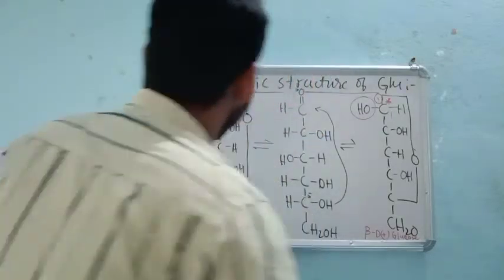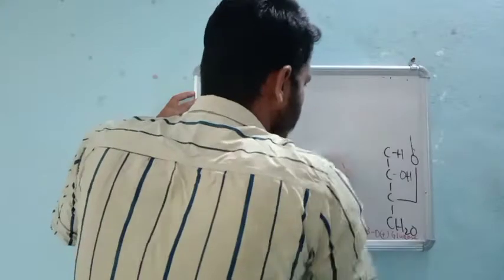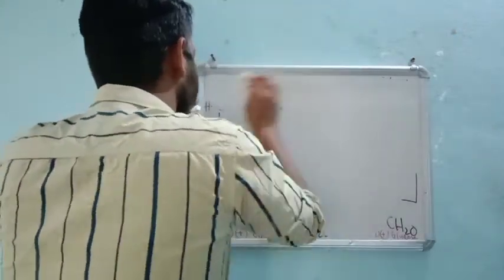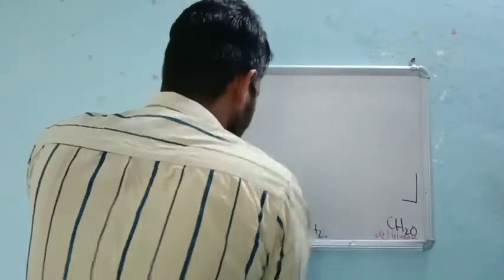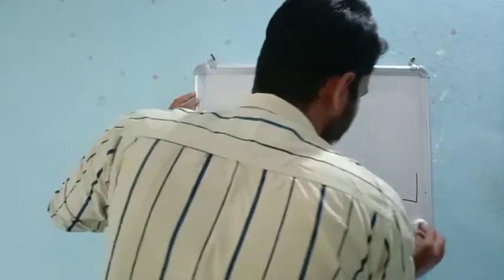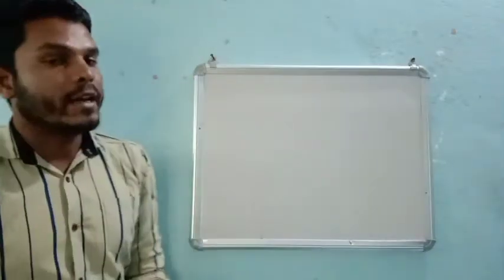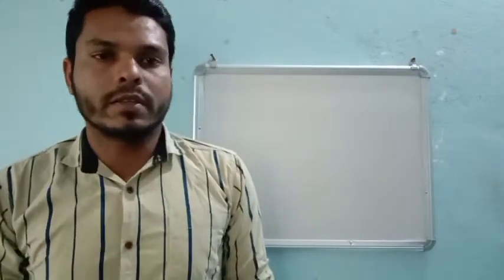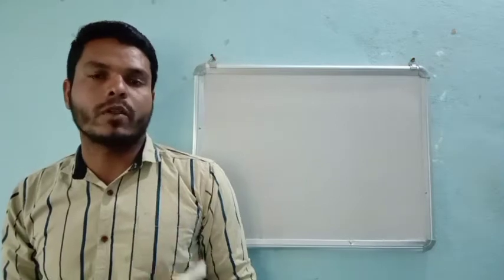So this is all about the cyclic structure of glucose. This is the complete study I can say about glucose. We have discussed the open structure of glucose, the common structure of glucose, and later the optical activity of glucose, and now we have completed the cyclic structure. In cyclic structure, if you remember, cyclic glucose will not react with Schiff's reagent, that is nothing but sodium hydrogen sulfate.